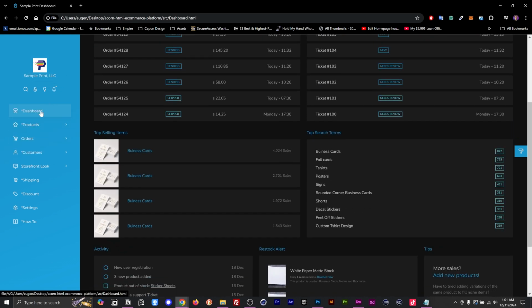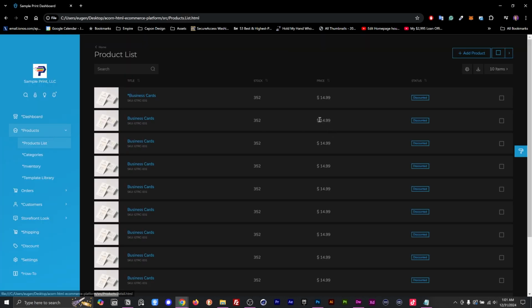So if we go to the dashboard, we have the dashboard, which is what we're currently on: products, orders, customers, storefront look, shipping, discount, settings, and how to. If we go to products, it'll actually drop down. We have a product list, categories, inventory, and a template library. So why don't we go to the products list, and now you can see all the different products that you have